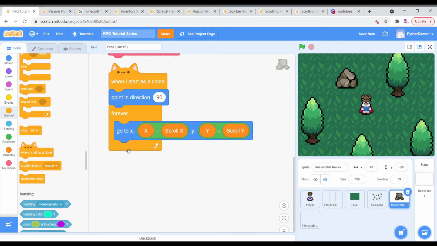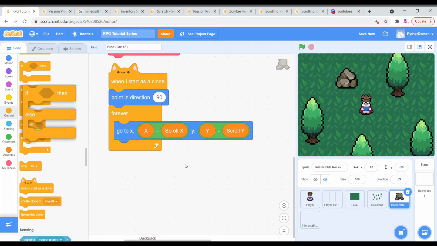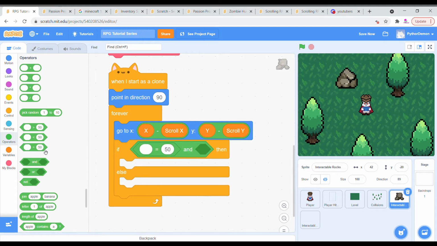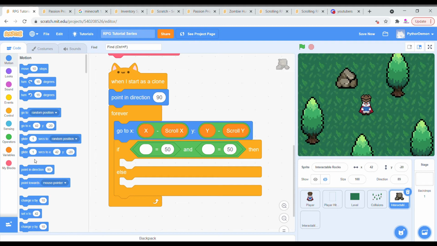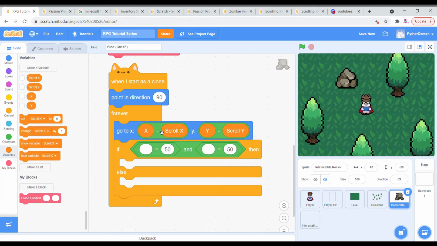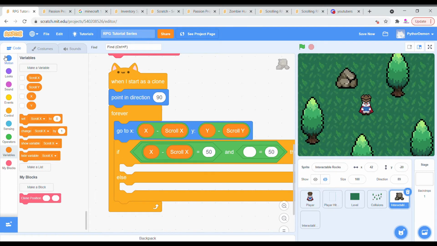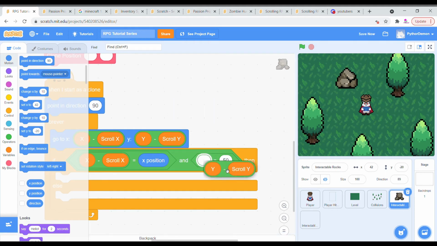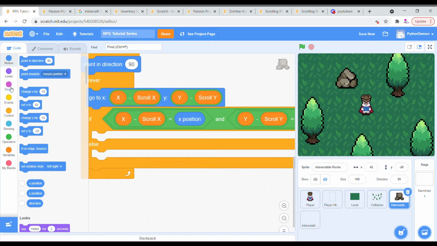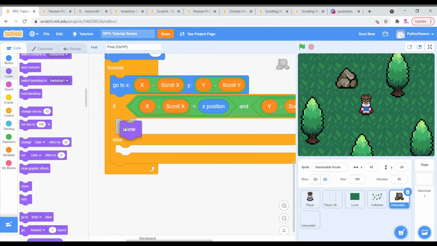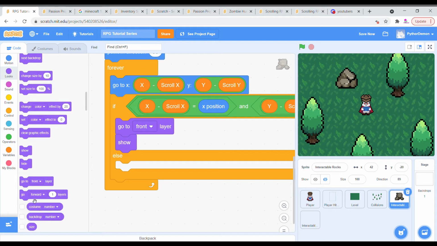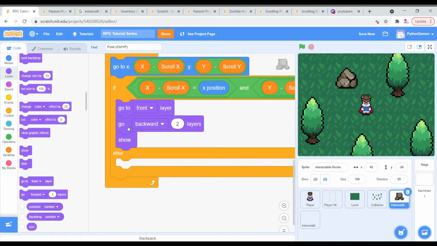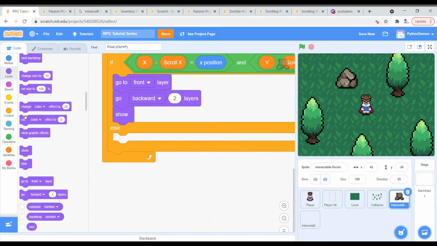Back to our clone, we are going to say if then else, and if the X minus scroll X is equal to the X position and the Y minus scroll Y is equal to the Y position, then we want it to show, go to front layer, and then go backward 2 layers, so that the rocks are not on top of the player,